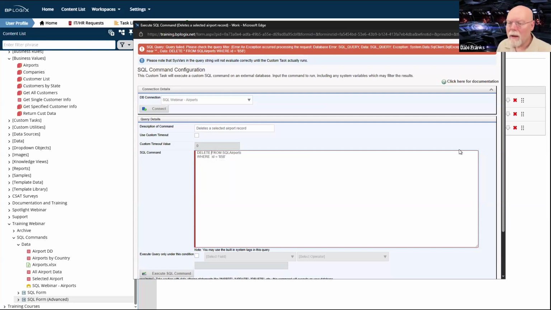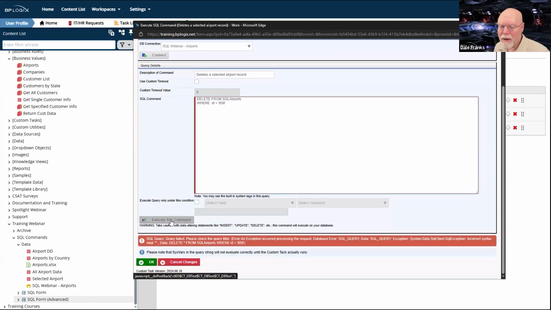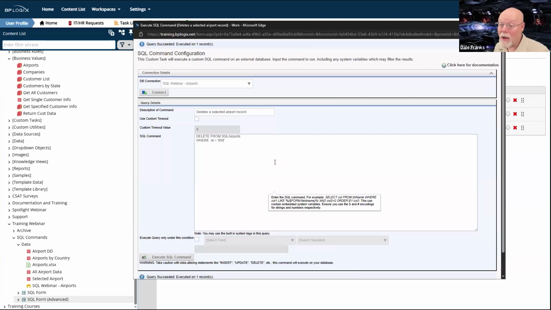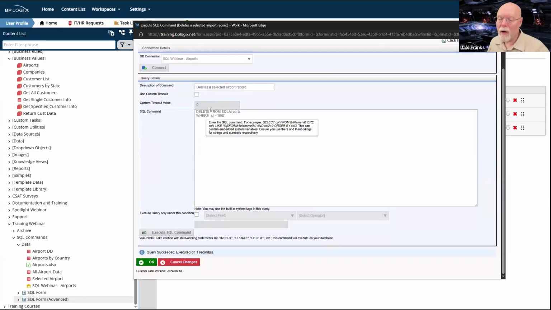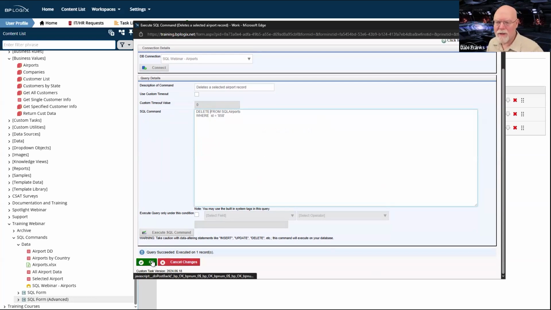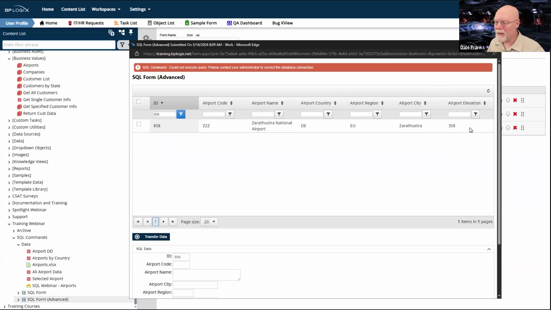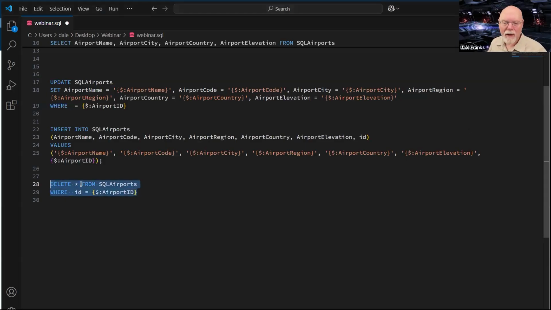Oh, it doesn't want the star. Is that my issue? Okay, well, that worked. All right, so the star is not needed here. So now that works. So just delete from SQL airports. Oh, wait, no, I need to change that. I don't need the star.